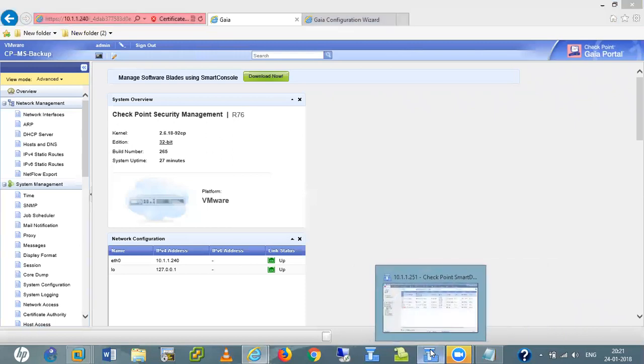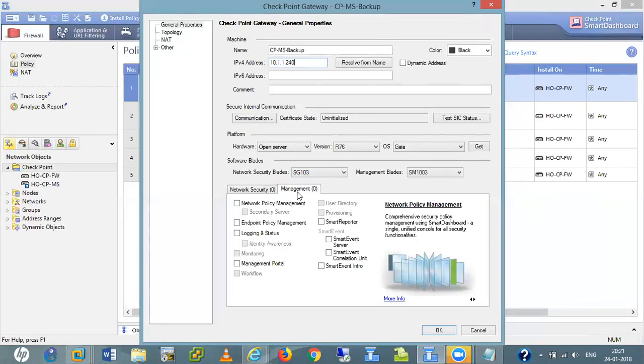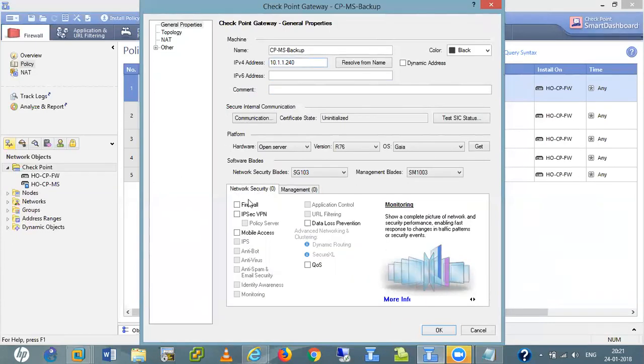It's 10.1.1.240. It is right, the dot is represented. It's not visible for me, just like 1240. So generally we get it like this.